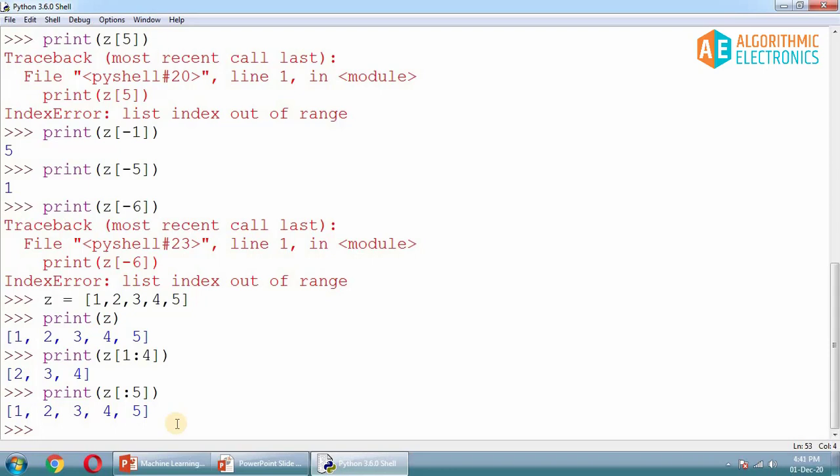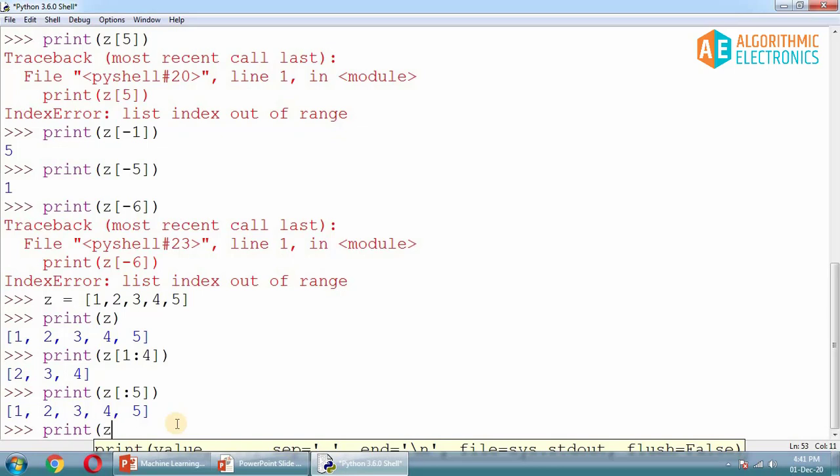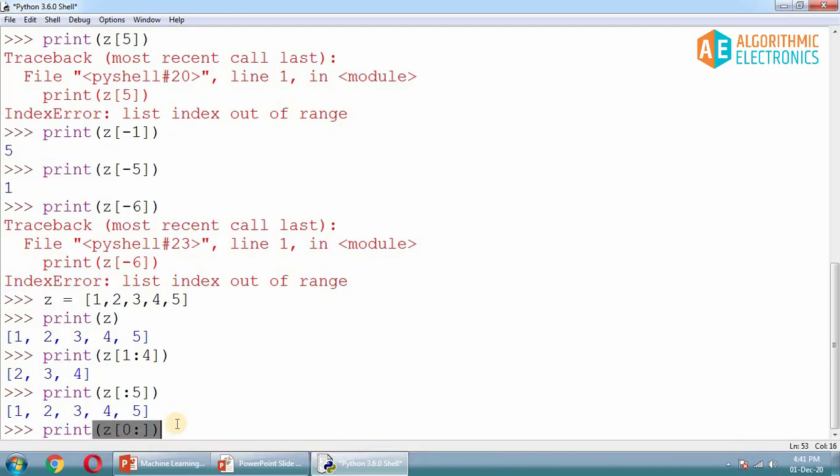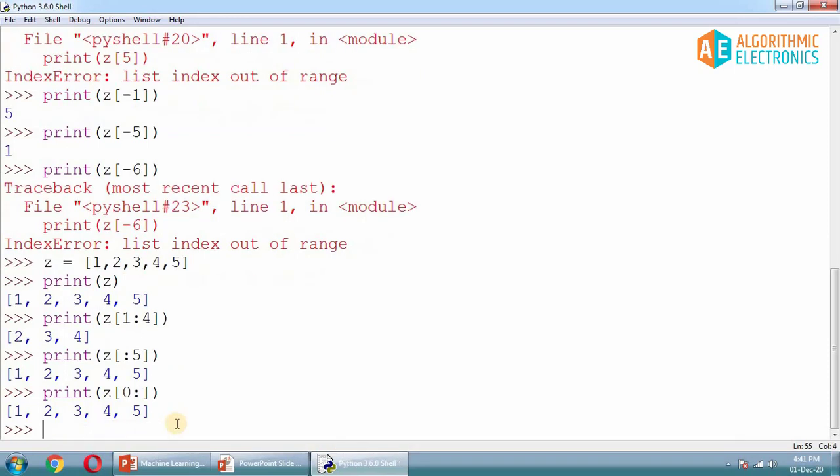If I miss the second index, for example, I have the first index as 0 and I do not write the second index, what will happen? In this case it will start from 0 and go up to the end. What if I miss both indexes? So this is z, and I have missed the first index as well as the second index.